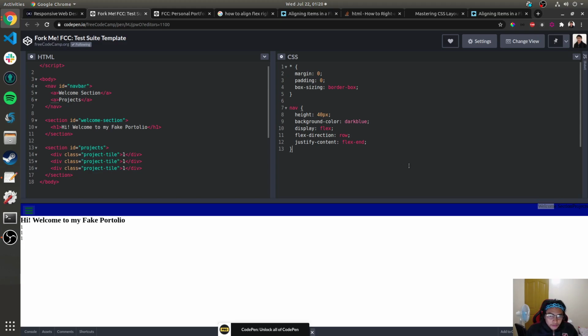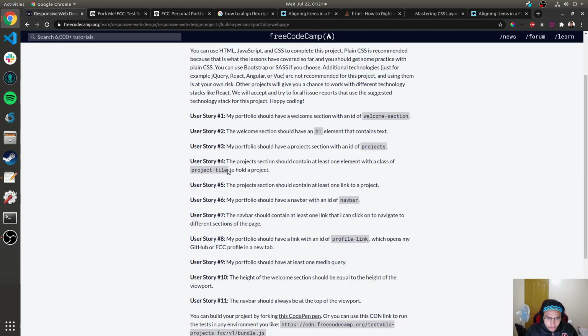And then on the a tags inside the nav, let's add a padding of 20 pixels, maybe 10. And then set the color to white. Next story is